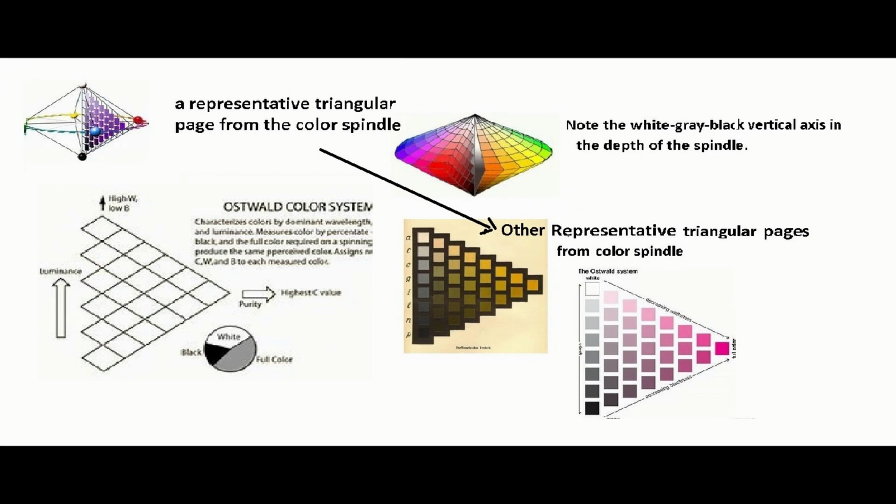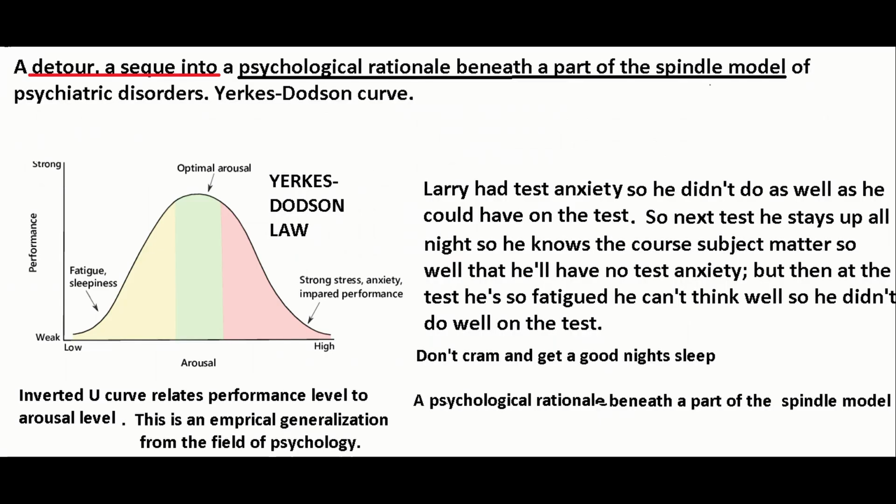And what they are is basically, out on the lateral point of these triangles is what would be a normal personality trait that corresponds to the disorder that would be expressed out toward the gray area. I want to detour and make a segue into the rationale behind these triangular parts of the Spindle model. And this is what I'm going to talk about,